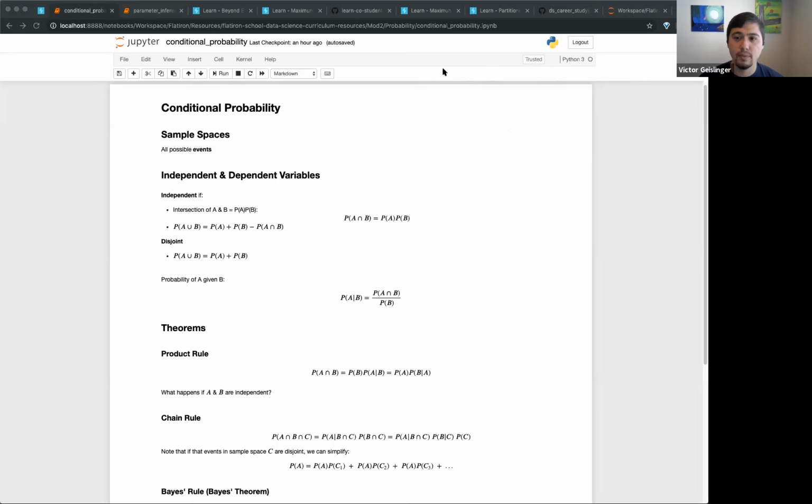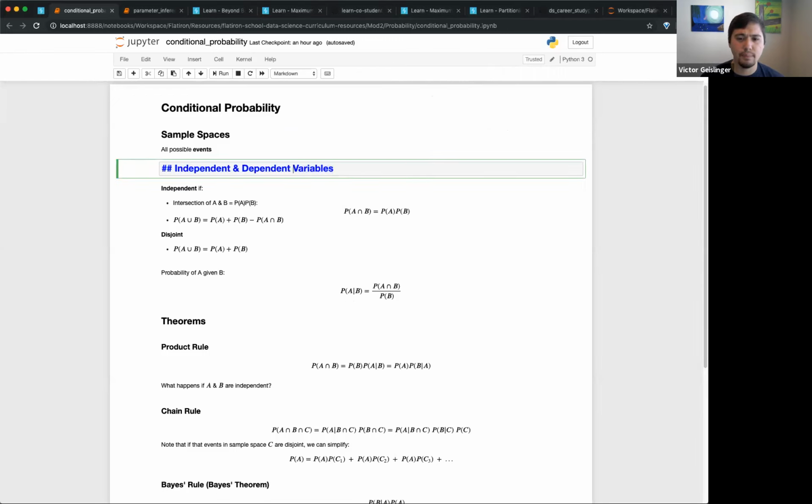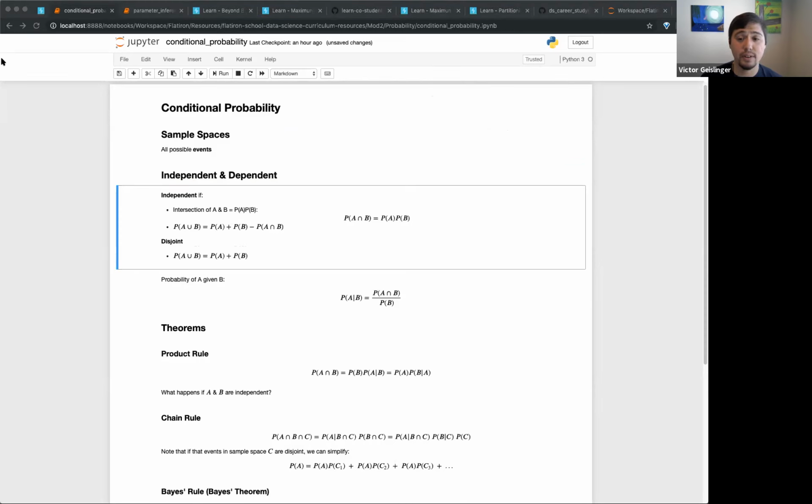Yeah, so now if we're going into, sorry, oh wait, am I looking at the right one? Oh, sorry, yeah. I shouldn't put independent and dependent variables. I don't know why I put that. It should be independent and dependent events, because we're not talking about variables in general, we're talking about events, right? So you'll notice here, in the curriculum, we'll talk about A and B, and you can think of A and B as actual, many different events.